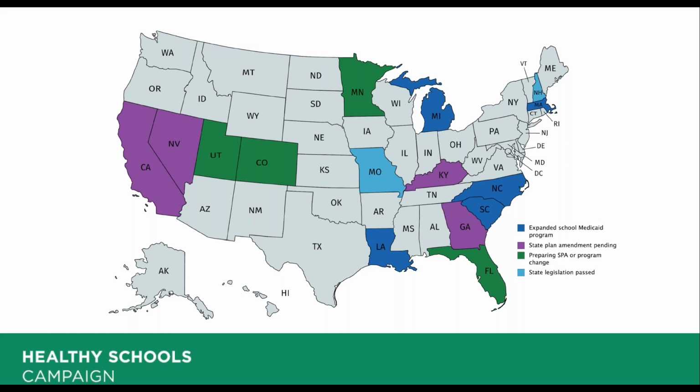I will also say Healthy Schools Campaign for the past few years has been co-convening with Trust for America's Health a national learning collaborative called the Healthy Students Promising Futures Learning Collaborative, which brings together 15 states, some of which have pursued state plan amendments and are reflected on this map, some of which have not, but just to really come together and explore what strategies can look like around expanding access to Medicaid-funded school health services, and then also increasing access to safe and supportive school environments.